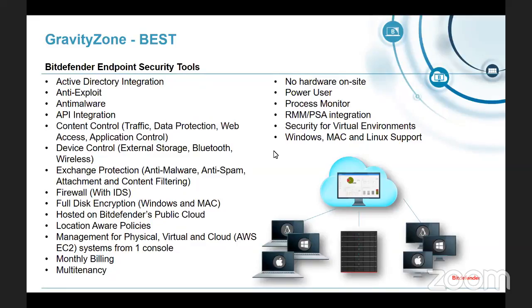We deploy to Windows, Mac, and Linux. We've got Exchange protection as an additional module. We've got full disk encryption as an additional module. The full disk encryption works with BitLocker on Windows and FileVault on Mac. It is hosted in our public cloud. We also have policies that are for roaming, location aware is what we're calling it, but they're basically roaming policies. All of this stuff and more we can go over during the presentation, or if you have questions, you can,